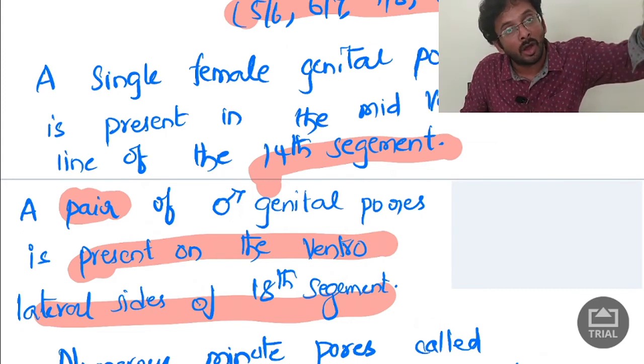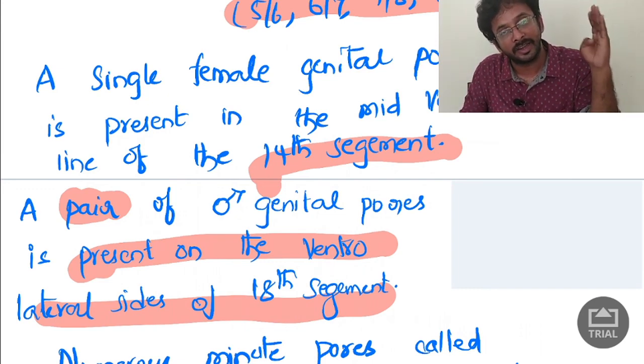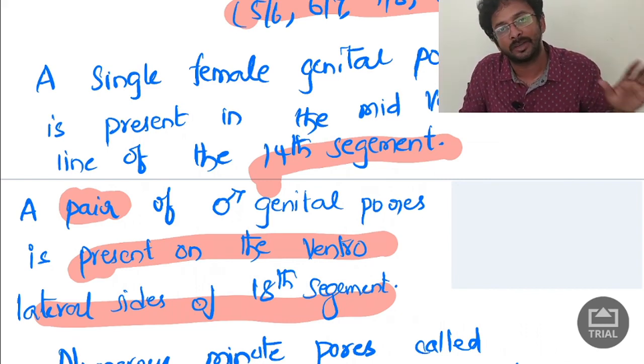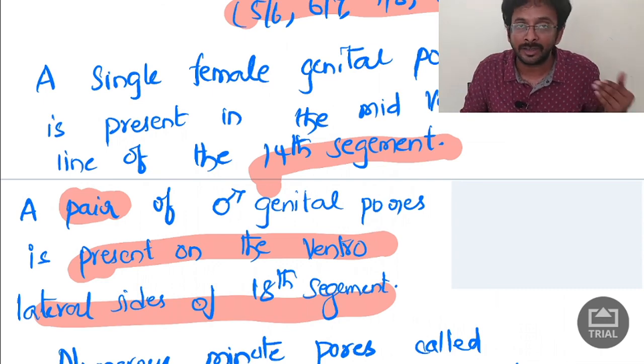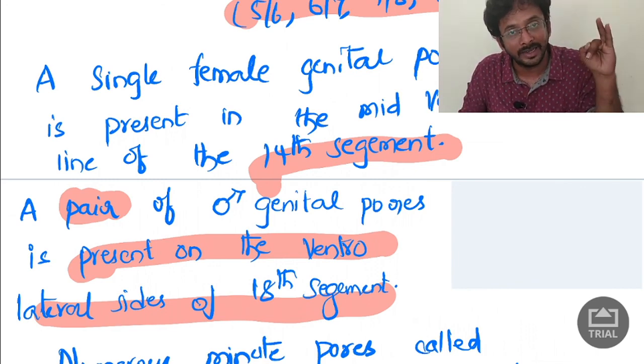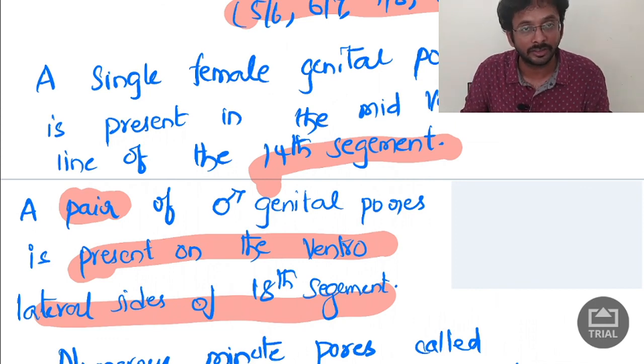By this we can understand all the genital openings are present on the ventral side. The spermathecal apertures are at 5/6, 6/7, 7/8, 8/9. Second, on the 14th segment mid-ventral line is the female genital pore. On the 18th segment a pair of male genital pores are present. On the dorsal side, it contains blood vessels, so it is dark brown in color. Next, in the first segment, last segment and clitellar region, setae are absent, which help in movement. With this, the morphology of the earthworm is completed.